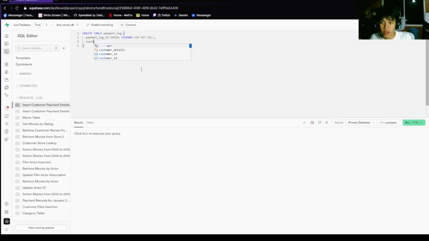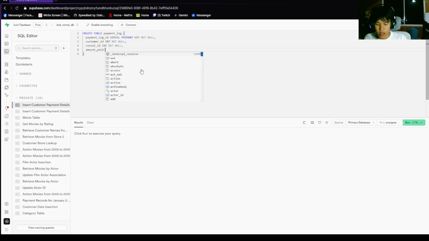And then after that is customer ID, int not null, and then rental ID, int not null as well, and then the amount paid, to be using decimal, so it's going to be 10, 2.